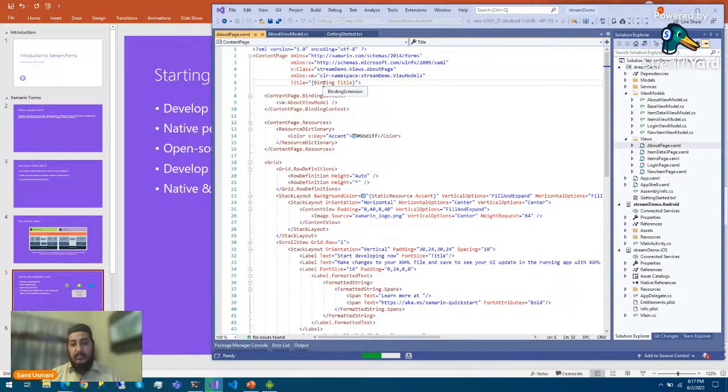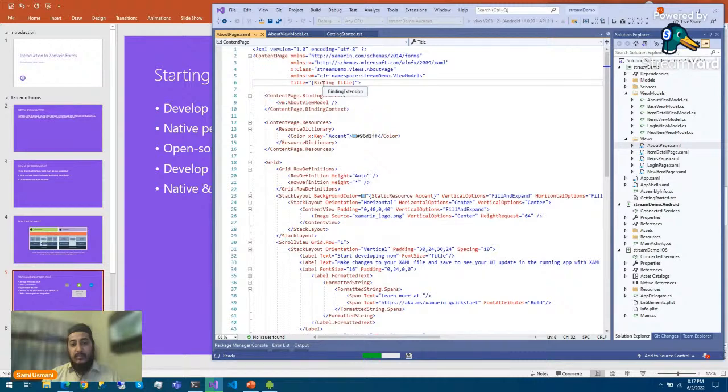Here you can see we are inheriting the base view model in our main view model. What is this base view model doing? It is a base class where we give all the default values for our application.